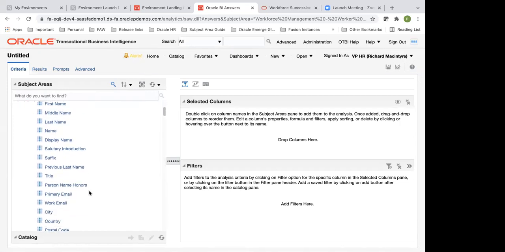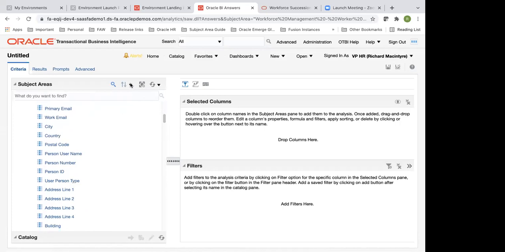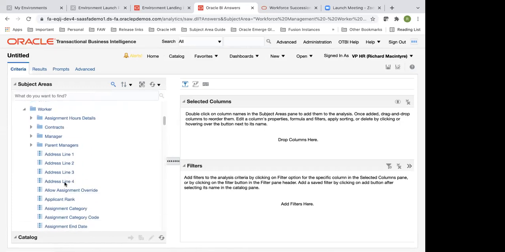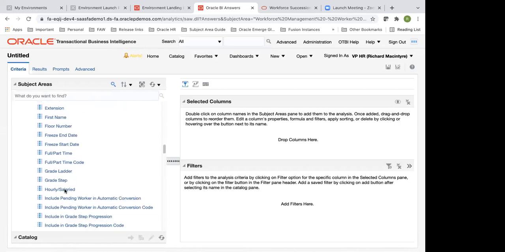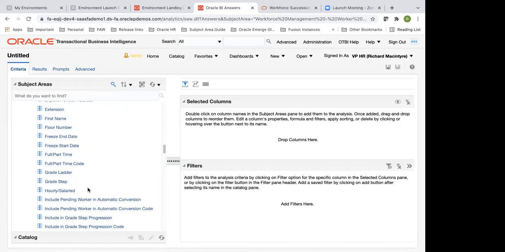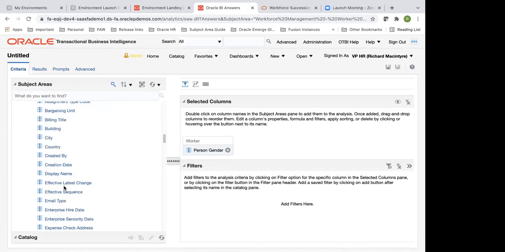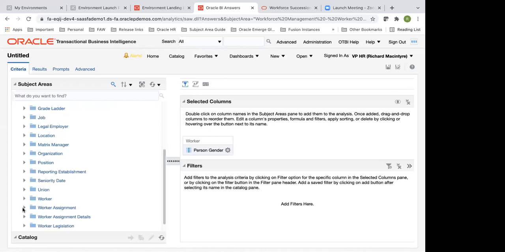I'll look for the column called gender. In these cases, we can arrange it in ascending, alphabetical order. So I go to the worker folder and I go to G now. I think it's called person gender, maybe. Yeah, person gender. And now I'll do the headcount by gender.